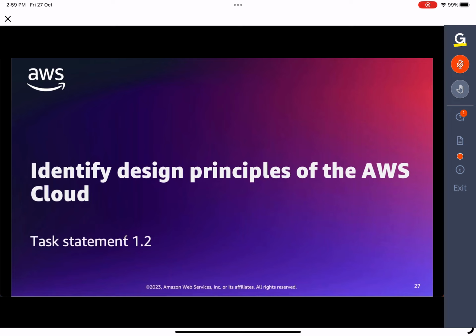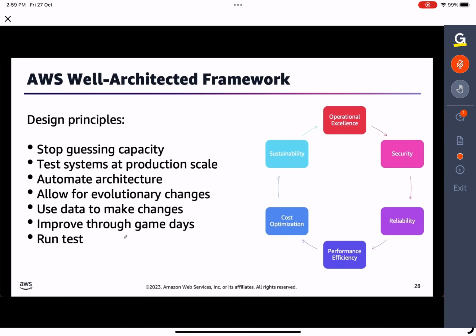Next task, identifying design principles of the AWS clouds. So this brings us to the well-architected framework. This is an important, really important framework where we are gathering best practices. Obviously, we, as in Amazon as a whole, have been using AWS resources for a very long time now, and we also have a lot of customers. From all those deployments,